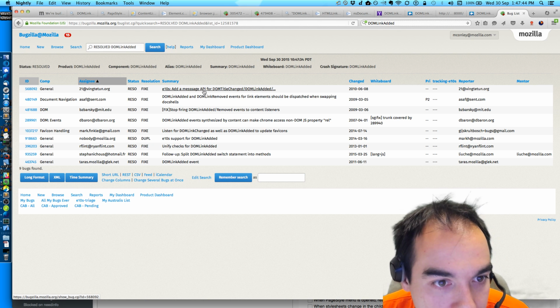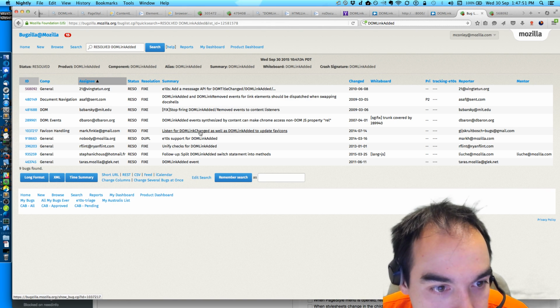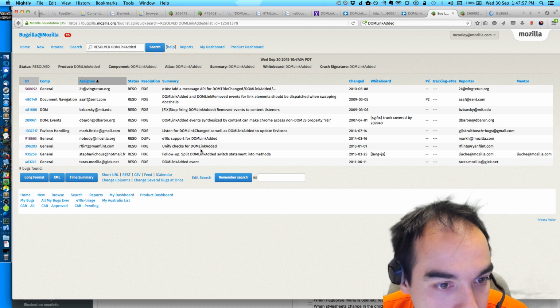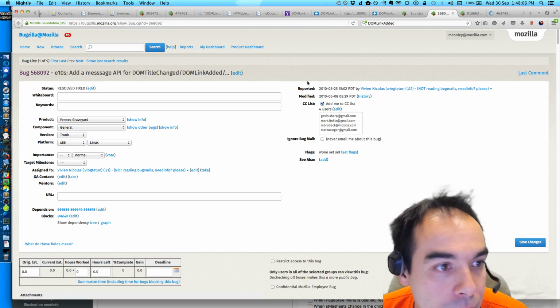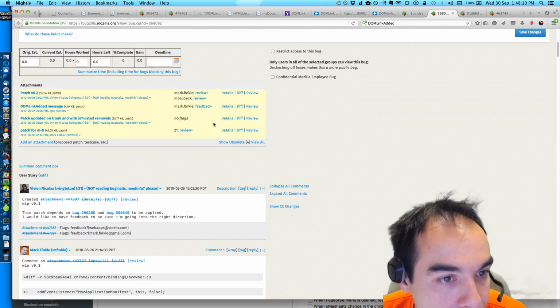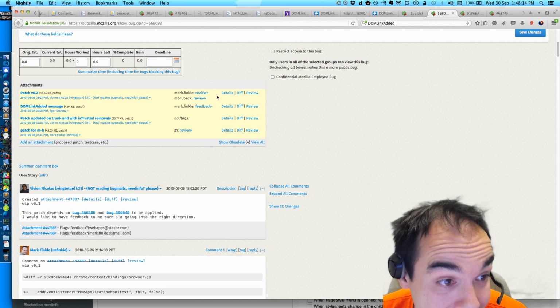There's already stuff about E10S in here. E10S support for DOM link added. Unify checks for DOM link added. Add a message API for DOM title change, DOM link added. This was done way back in 2010.